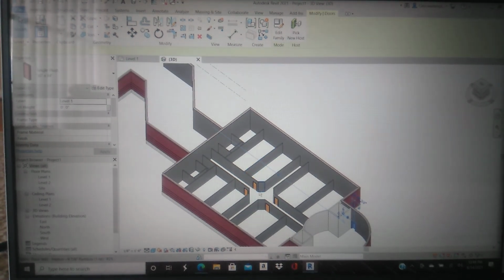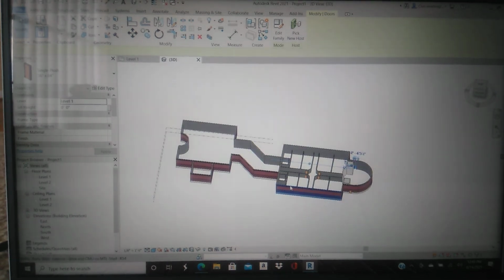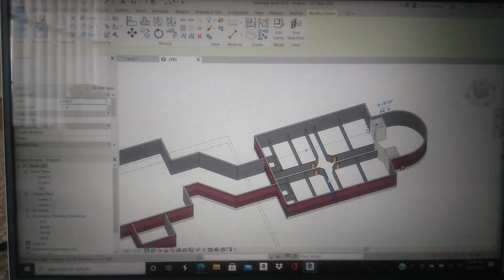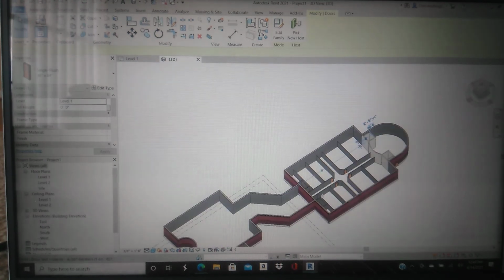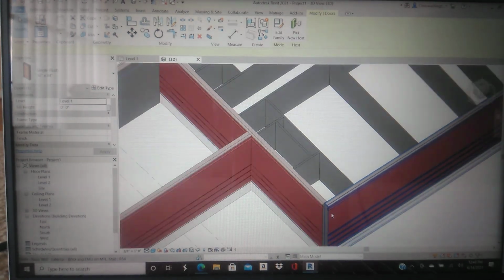When you turn your assignment in, you'll have windows. It's going to be really nice. This is going to be a really fun project to